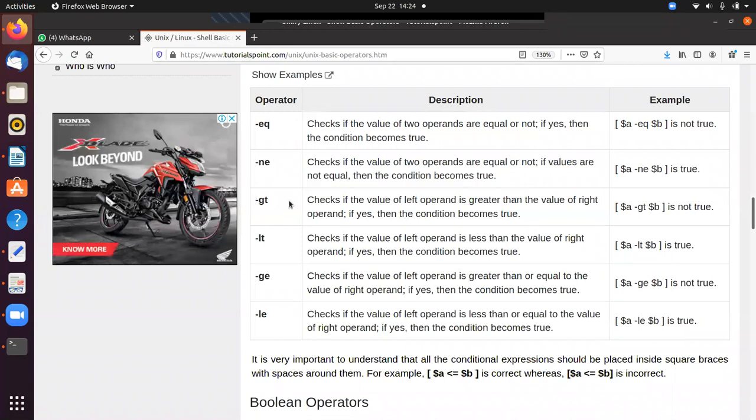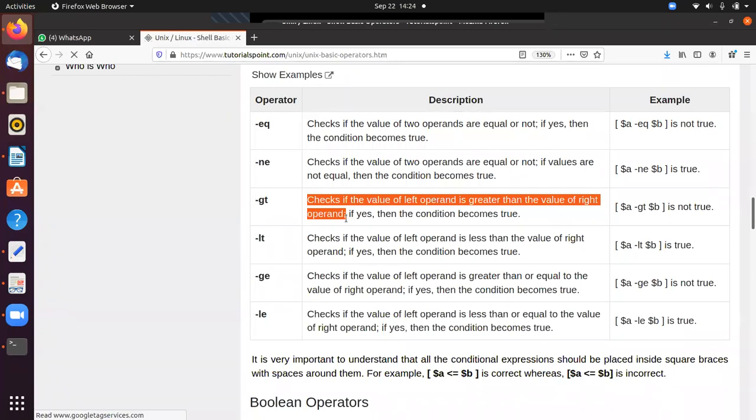Greater, -gt, checks if the value of the left operand is greater than the value of the right operand. What does it mean? A greater than B: we check whether A, the left operand, is greater than the right operand or not. If yes, it returns true, otherwise false.